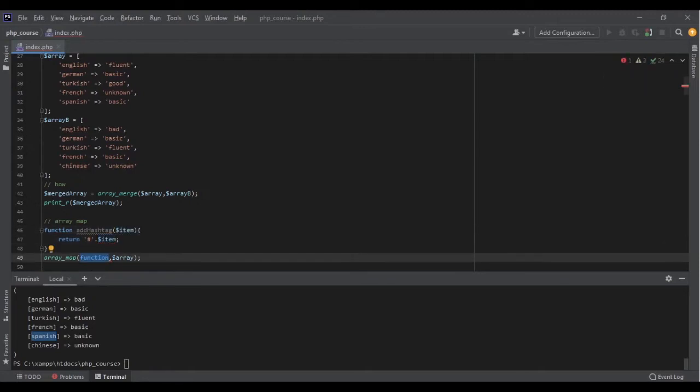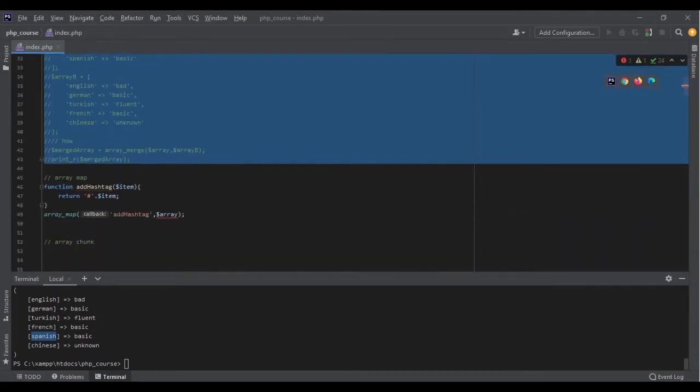When I want to pass that function to my array map as a callback function, I have to put the name of the function inside a string without any parentheses, without passing any arguments. Array map will do that for me. So here array map gets this as the name of a function that exists. It says, okay, I want to find this function,